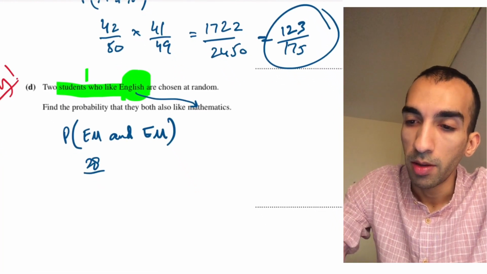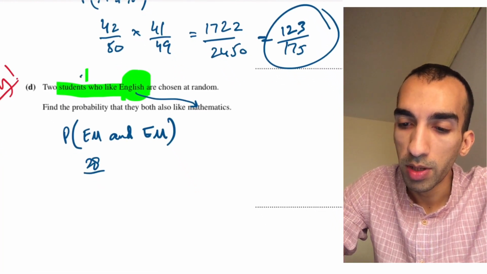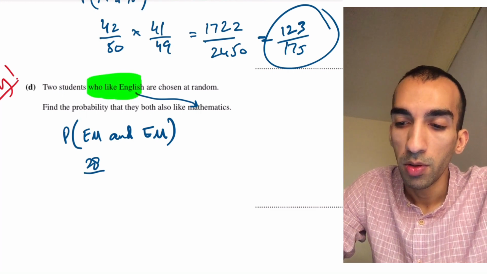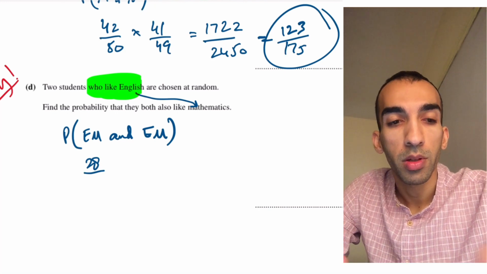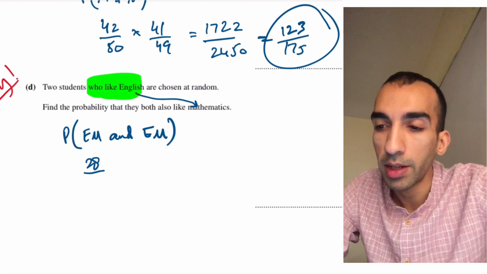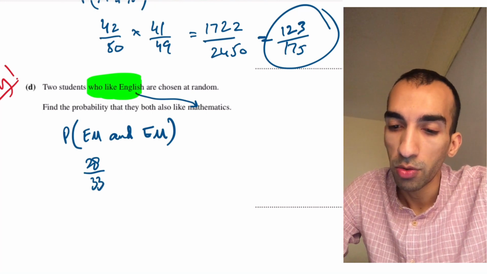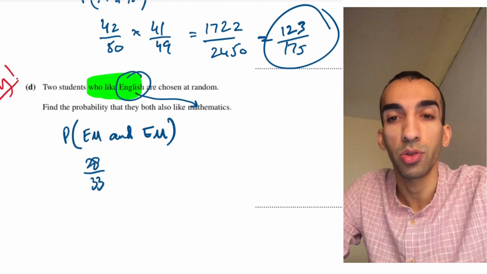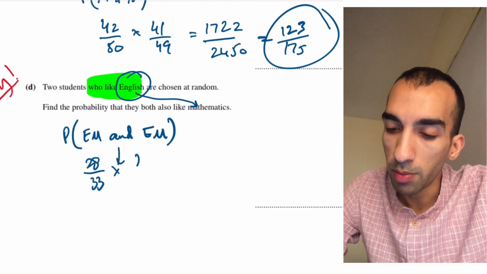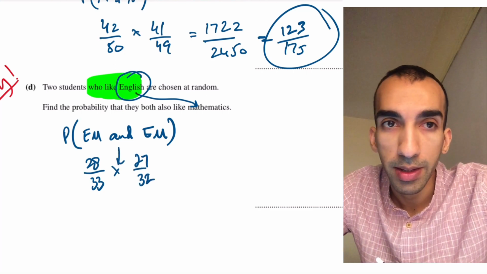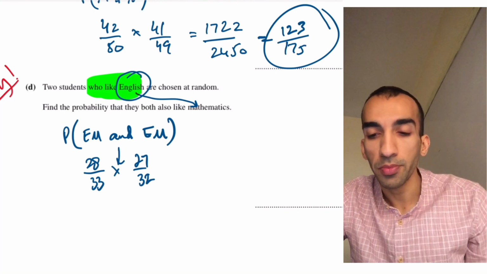28. This is where students usually make a mistake. 28 out of a total of the sample space that we're selecting it out of is only the number of students who like English. Students who like English are chosen at random, and means multiply 27 by 32. Why? Because once we've chosen a student who likes English and mathematics, there's one less student from the group who